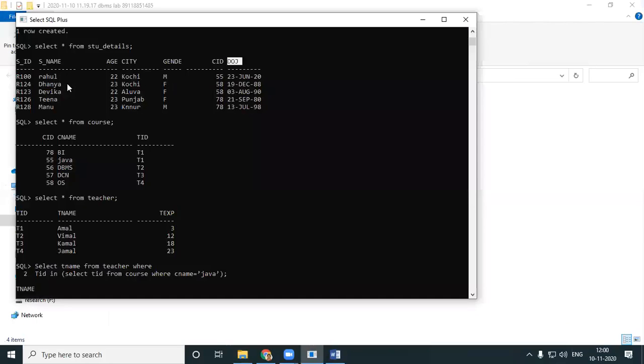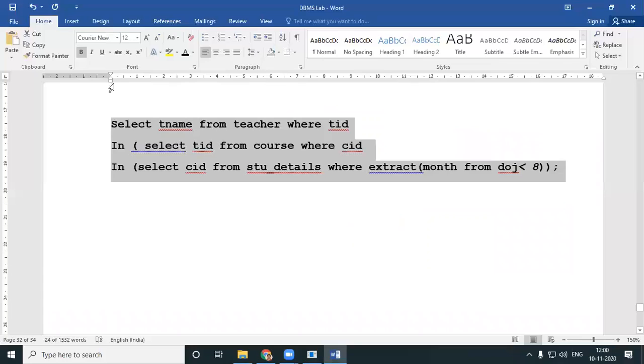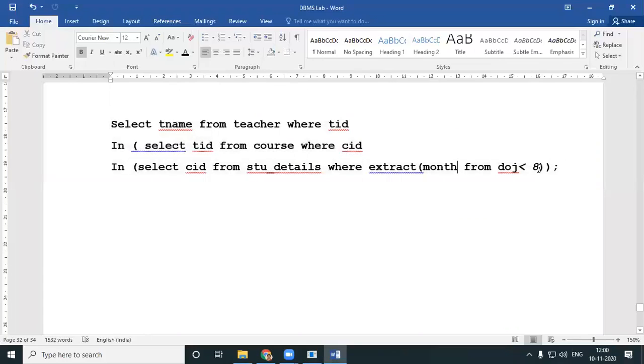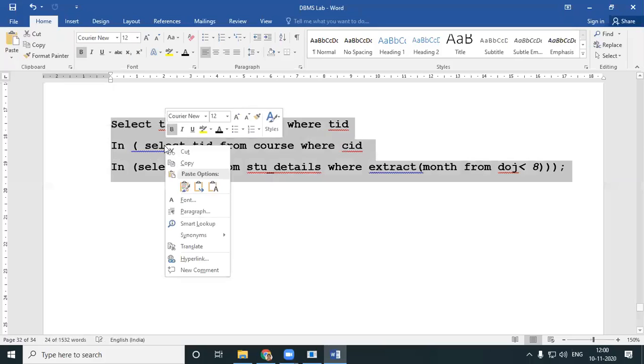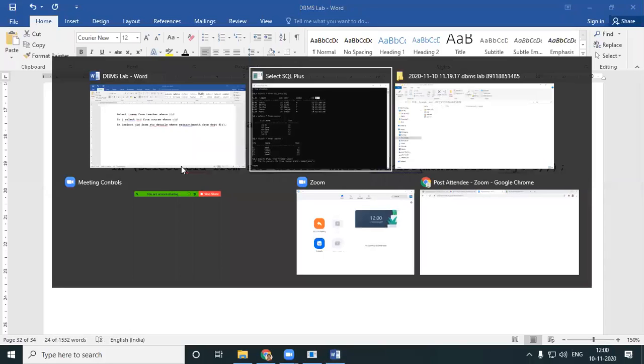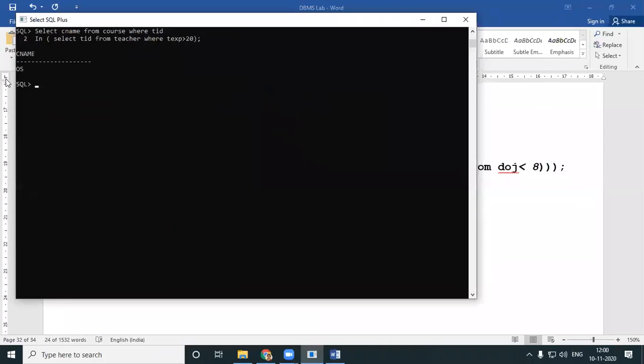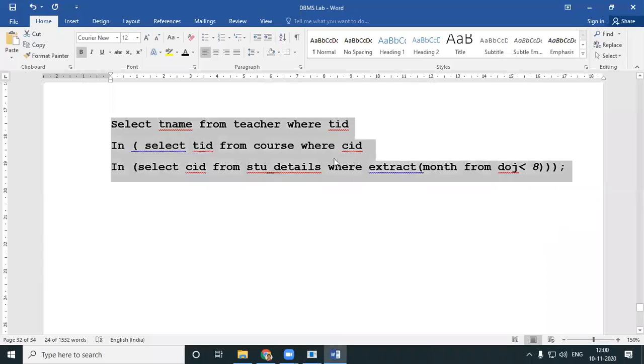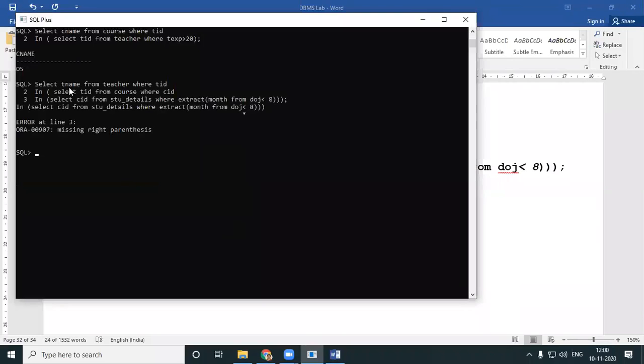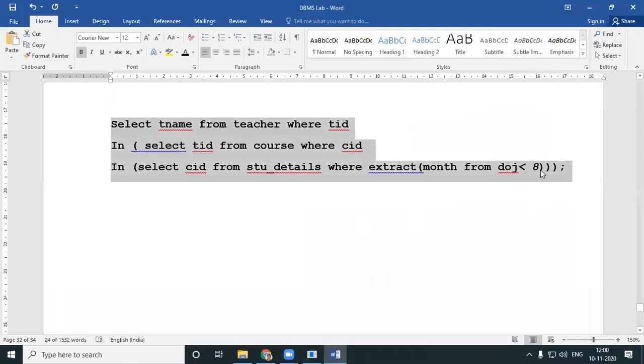Did I go wrong in my brackets? I'll just check, just a minute. Yeah, this bracket is one. Perfect. I'll need one more bracket. I'll copy this and put it over here. DOJ. Just a minute.